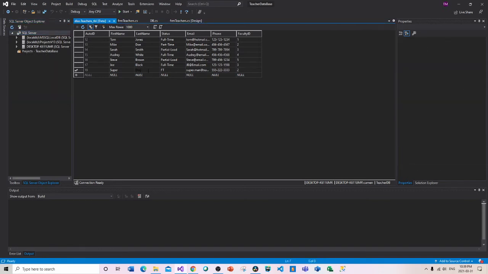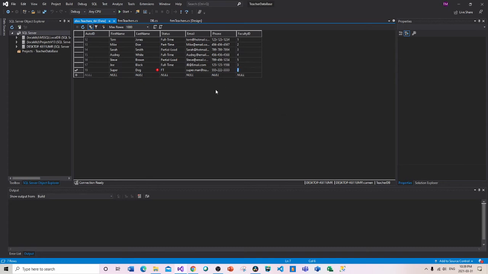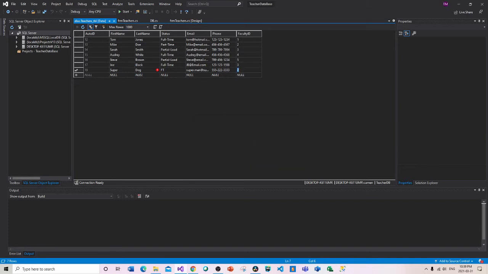Okay, Super Dog. What I didn't do was actually hit this update button on my database, and then it did pick up Superwoman. But if I do Super Dog, tab, tab, tab, tab, tab,